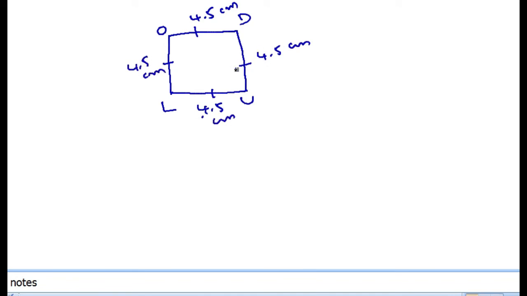And we require one angle. Why? Because we need 5 independent measurements. Now we have 4 and we require one angle. So in a square all angles are right angles, so we can construct any angle. I'm going to take angle L equal to 90 degrees. Now let's go to the construction part.